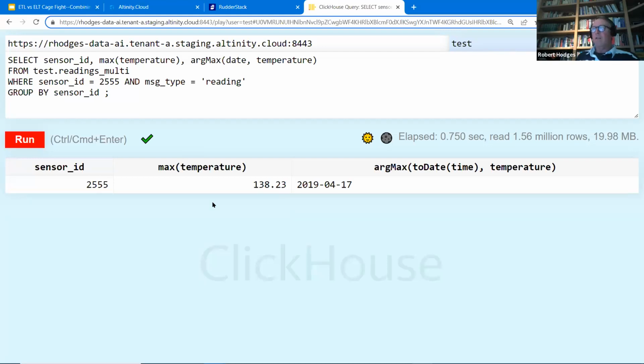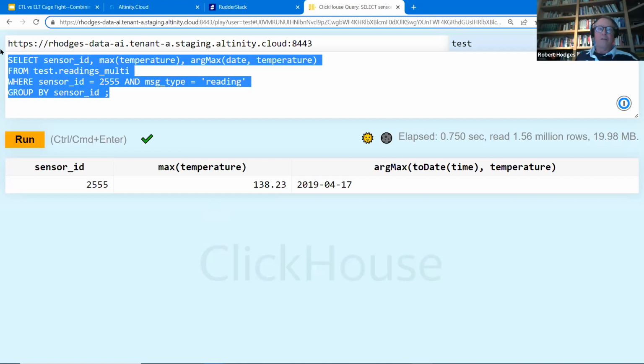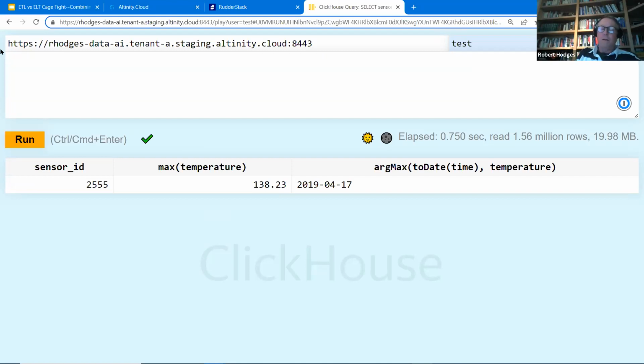Well, in ClickHouse, this is the kind of thing where if you did this a lot, you might regard this level of performance as unsatisfactory. So fortunately, there's an answer to this, and that is to put the data in what's called a materialized view. I'll explain what they are in a minute, but let me just show what effect they can have. This is a view which basically pre-aggregates the data that we're asking for, the maximum temperature and the